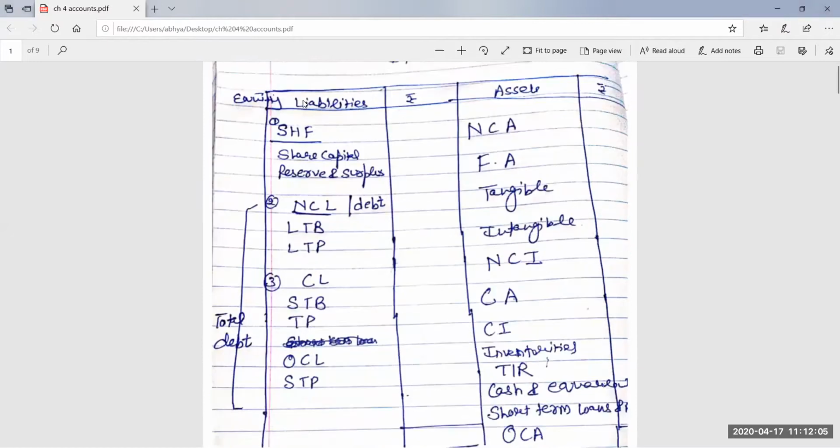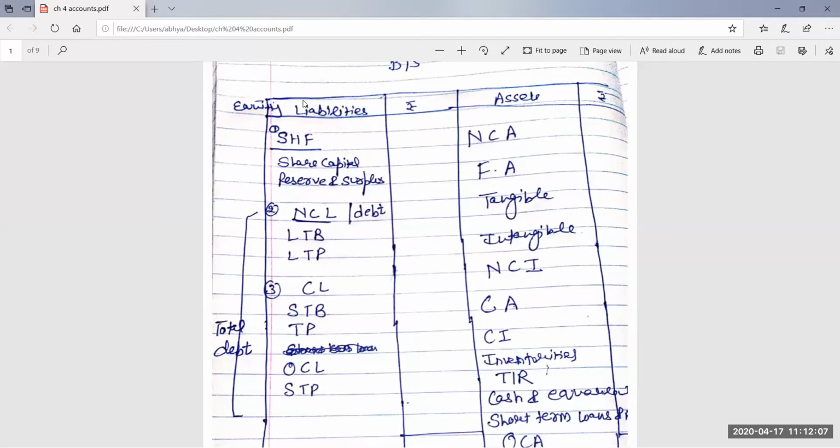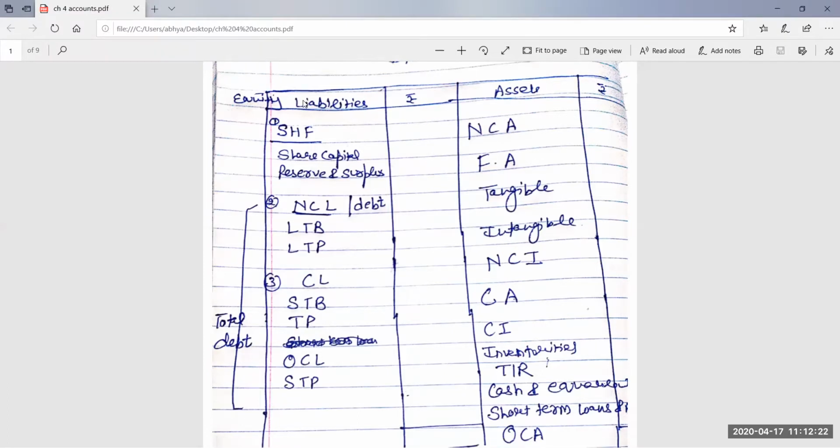So today I have prepared one balance sheet for you. We have already done this balance sheet in vertical form, but here I have made it again in the horizontal form, because you are much more aware of the horizontal form. By doing just this balance sheet, you will be able to find each and every hidden figure. You need not memorize the different formulas to find the different accounting variables. Here I have shown the complete balance sheet.